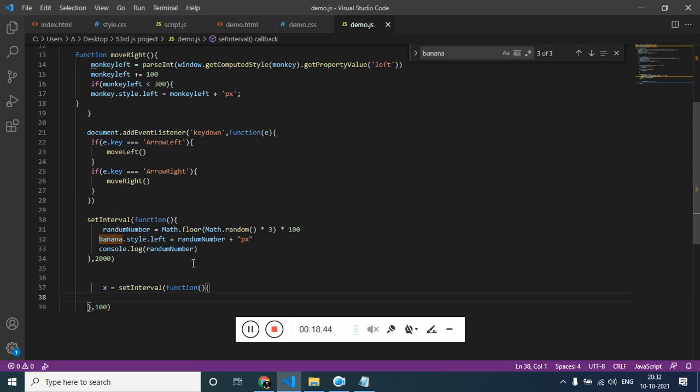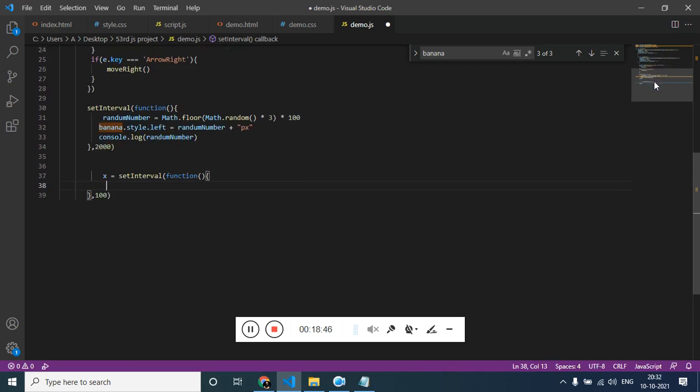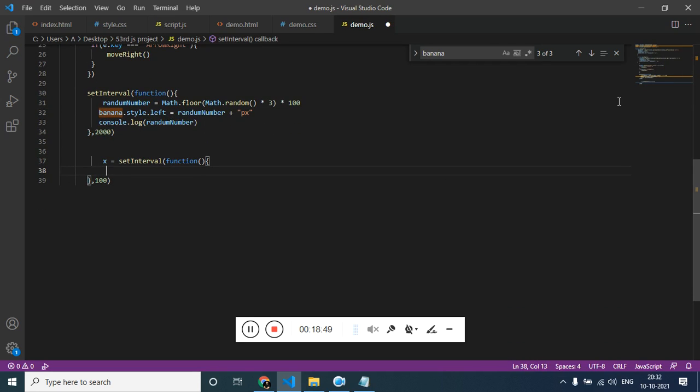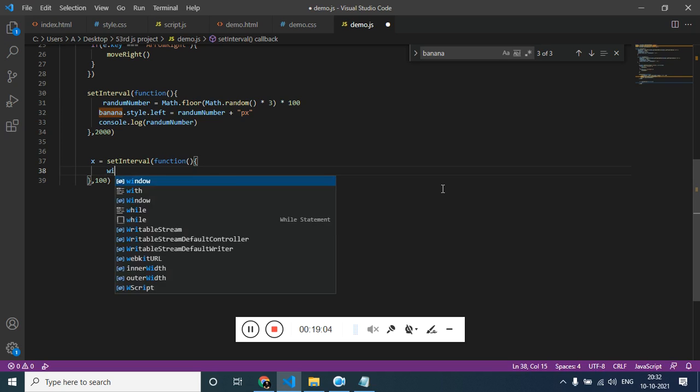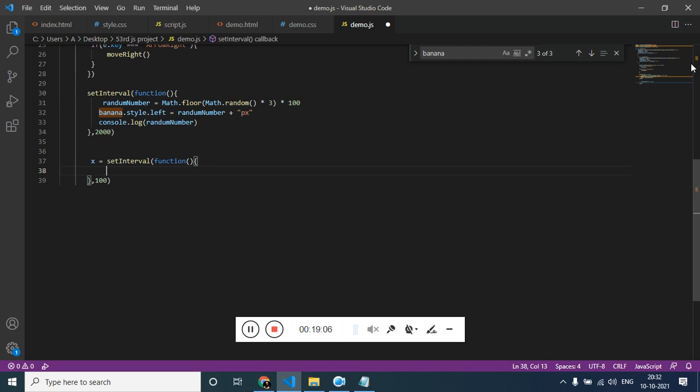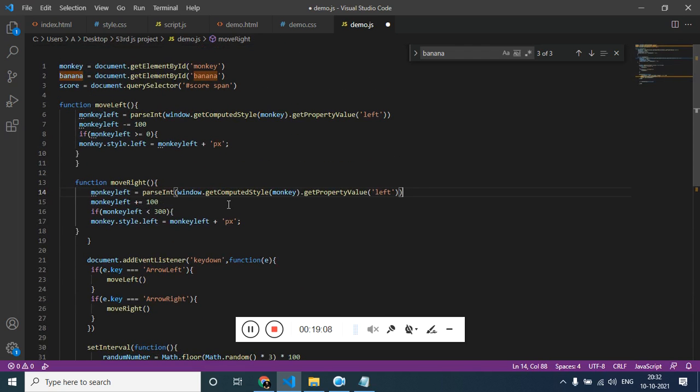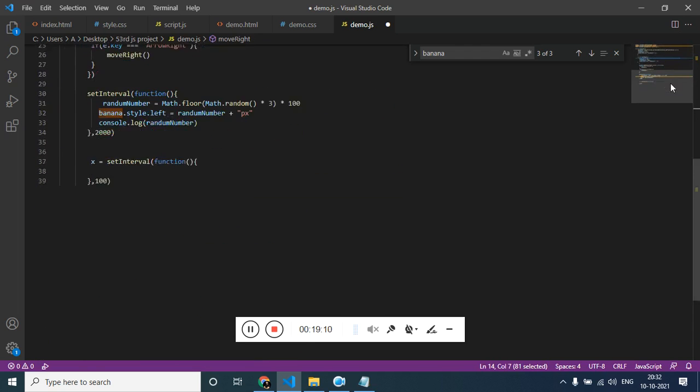So let me name this as x, but I would not recommend you to give the value x, just to save time, just giving x. That's the reason. Now we have to get the position of the banana from the top. So for that, window, so we have already used over here. Let's just copy this and paste here.